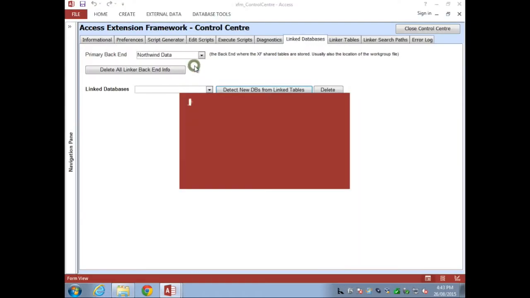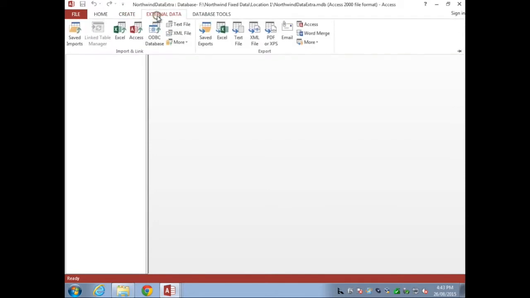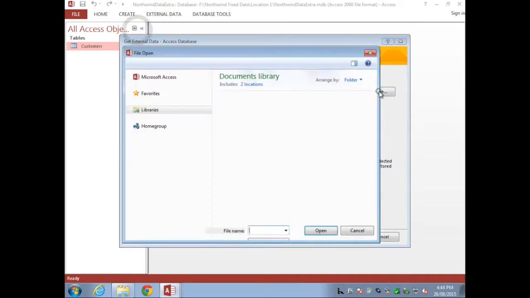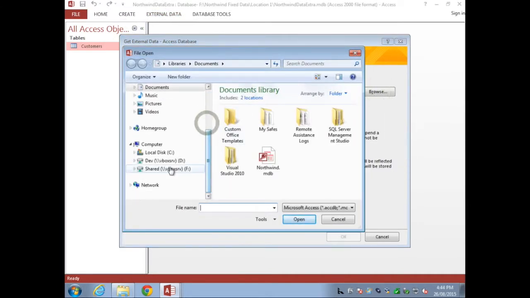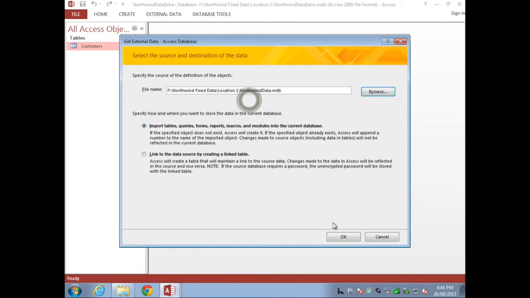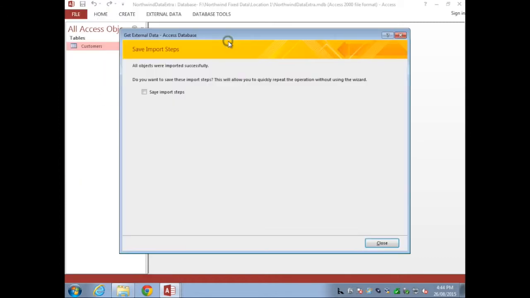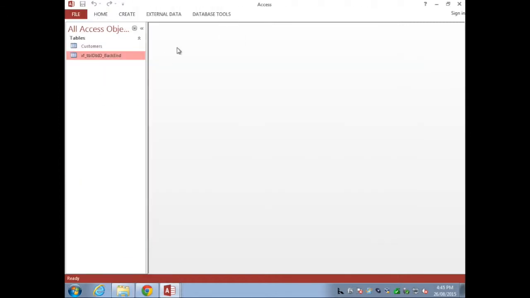So let's just open this up and have a quick look. This one's only got the customers table in it at the moment. So the easiest way to get the other table is probably just to import it from the other database. And the table we need is called DBID backend. So let's just import that. But we can't use this table as is. We need to set it up for